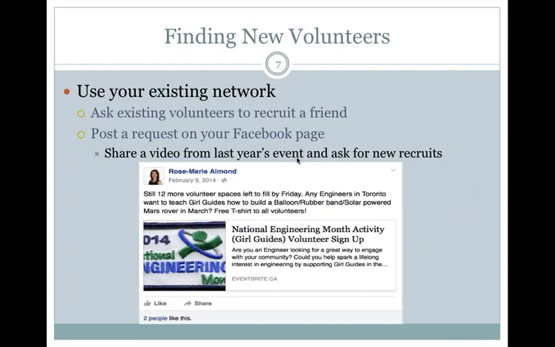One of the things you can also do is just give a quick shout out on your Facebook page. You can see a post here from Rose. She wanted more volunteers for her Inspire team. They do a lot of events within the Girl Guide community. So what she did was she just reached out to her immediate friend circle on Facebook, and she put up a simple post, and she also added a little motivation for the volunteers.